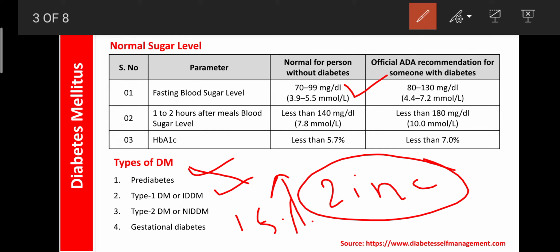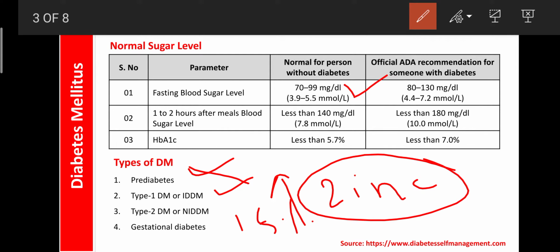At that time the sugar level is improperly managed. That condition is known as type 1 diabetes mellitus or IDDM. It is also caused by autoimmune diseases or autoimmune antigen-antibody reactions. They also cause destruction of the beta cells, as does the entry of viruses. Viruses can also cause diabetes mellitus, especially by destroying the beta cells. And even the entry of environmental toxins.